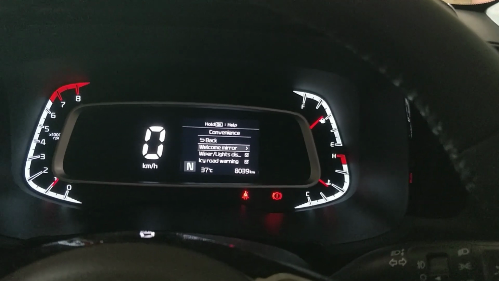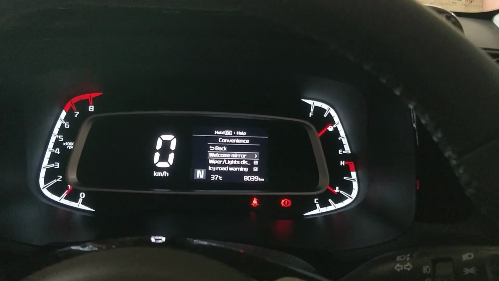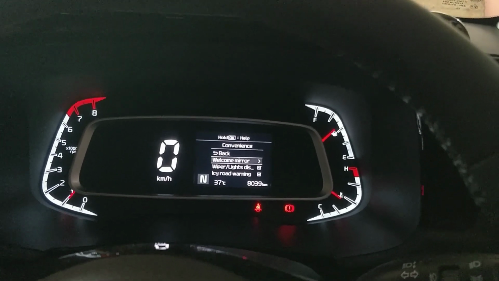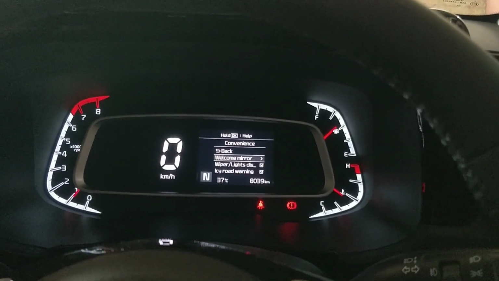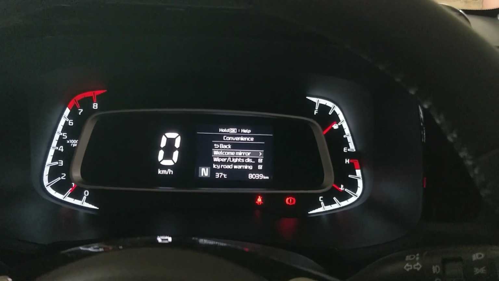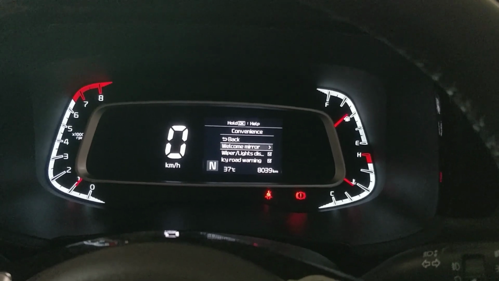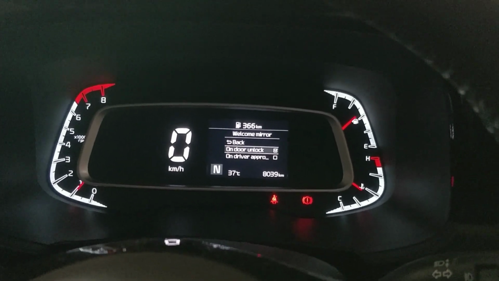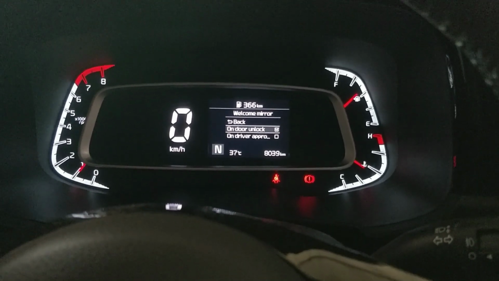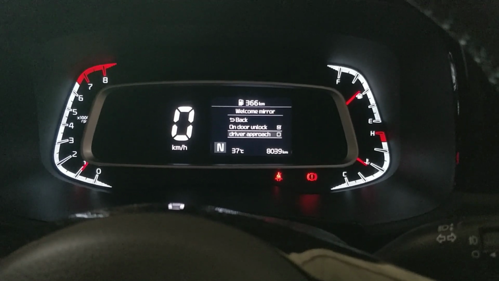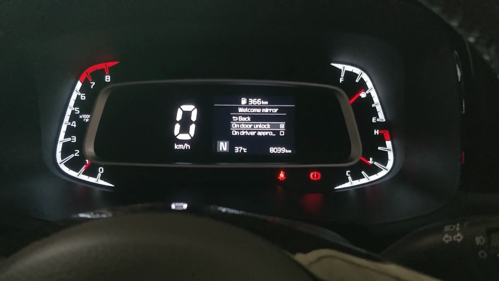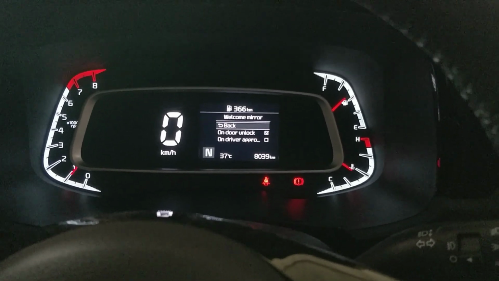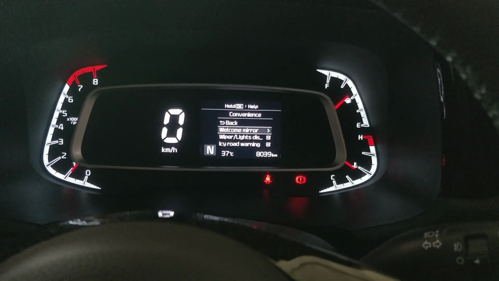So mostly I will keep a spare key with me when I go for my work. So if I am going near the vehicle, this mirror will get automatically unfolded. So that's actually kind of a waste of the battery power and all. That's why I kept it off. So we can select it by these two means. One is on door unlock and another one is on driver approach. So I'm keeping it on door unlock. So whenever you are unlocking the vehicle, this mirror will automatically get unfolded.